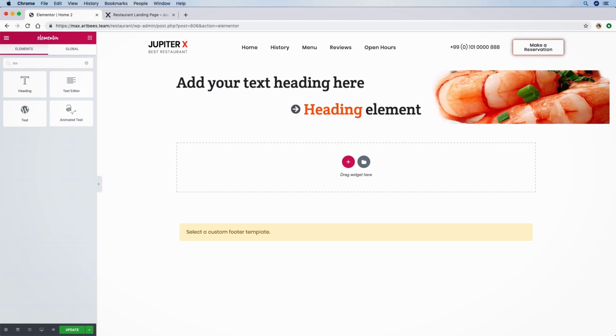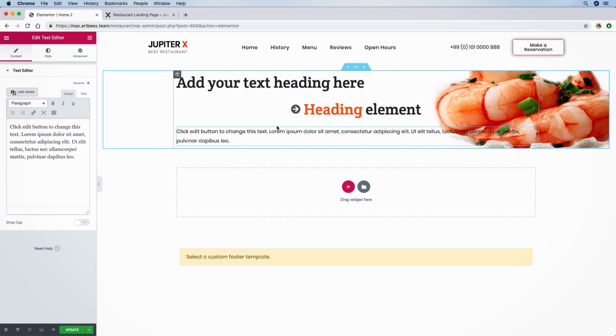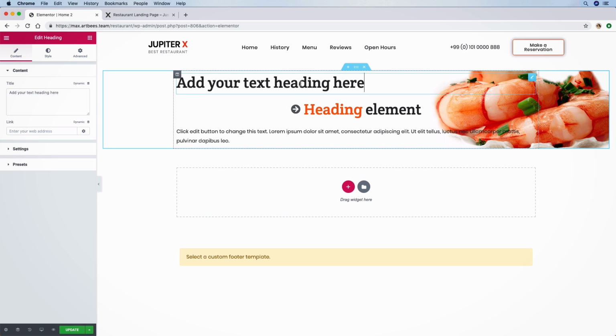So I just add a text editor right below here, right? Okay, it's pretty straightforward. So what we will do is we actually will type it out, and so I say discover your